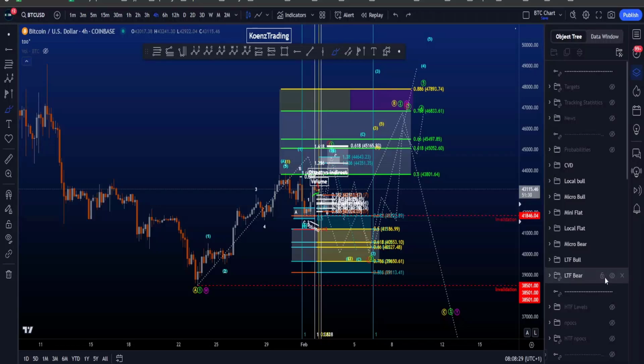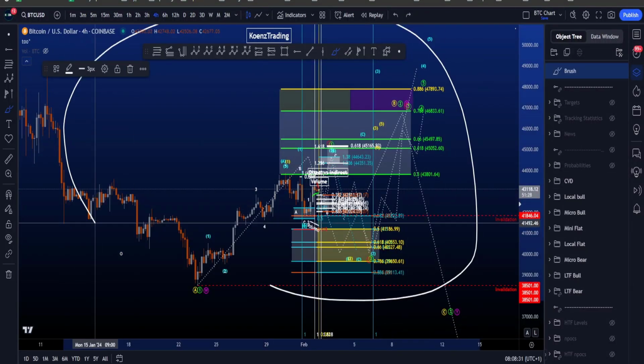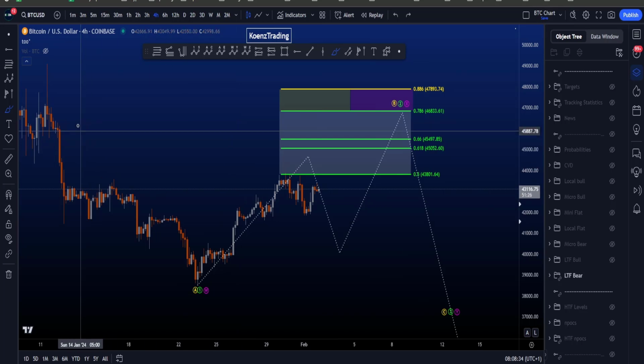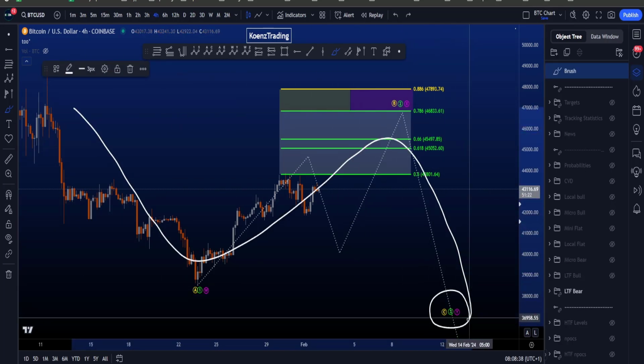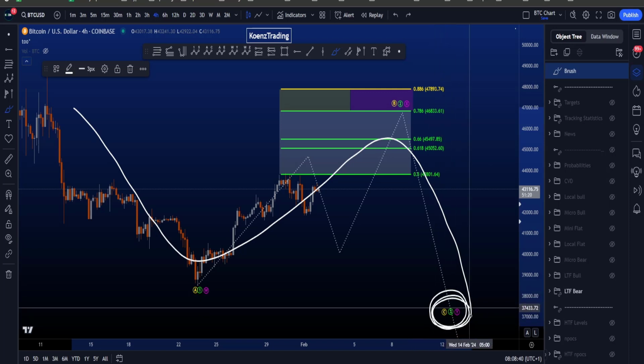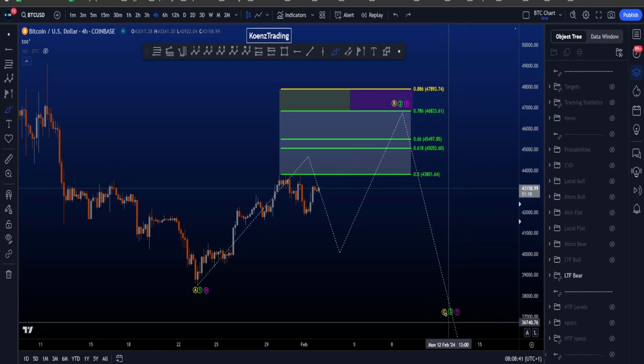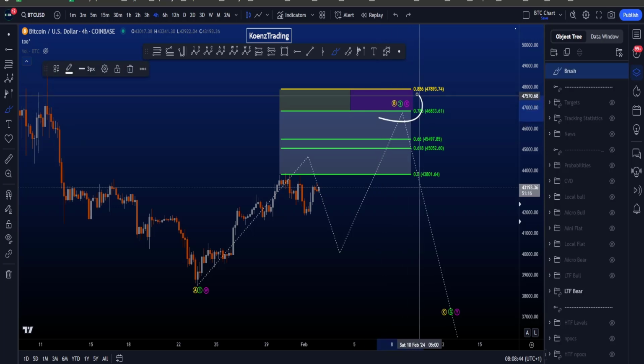Hi everyone, let's go over my bullish and bearish Elliott Wave scenarios on Bitcoin, starting on the 4-hour chart with the bearish scenario where we are looking for a continuation to the downside in a wave C, 3 or Y. Now it might look complex, the fact that I have 3 counts on my chart, but it's mainly about B,